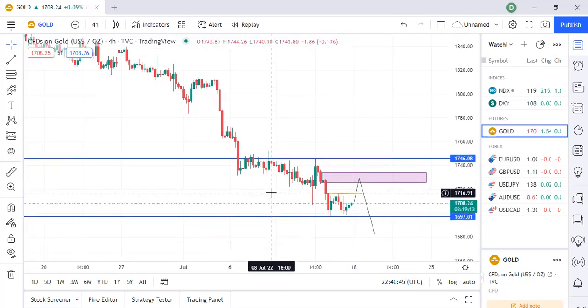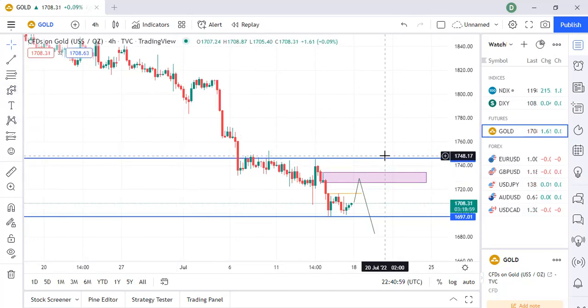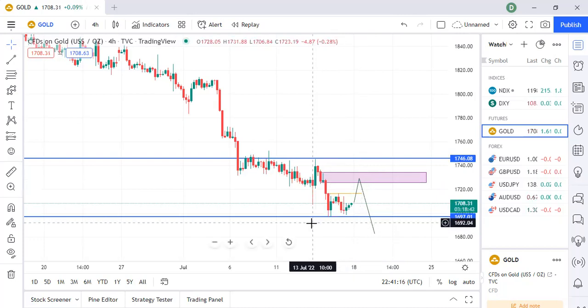But I'm not too convinced with gold yet. Gold has been ranging too much for some time now. I would personally like to see gold break out of either above this line or below this line to make a pure decision on which direction I want to go. But for now, I'll still be looking at a sell on gold, and until I see a sell, I'm not going to go into any trade on gold.